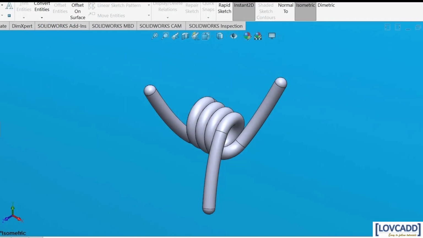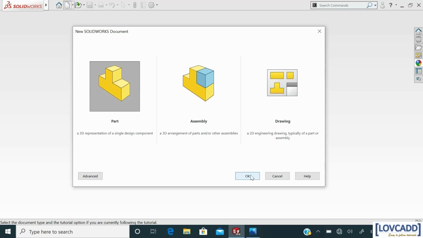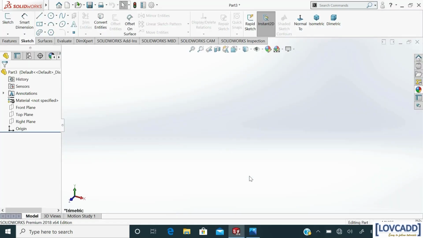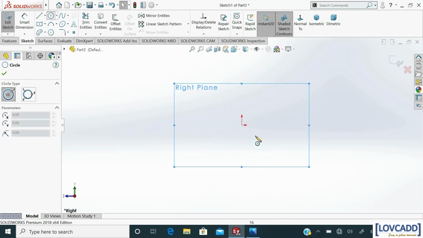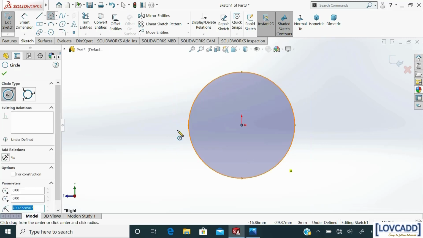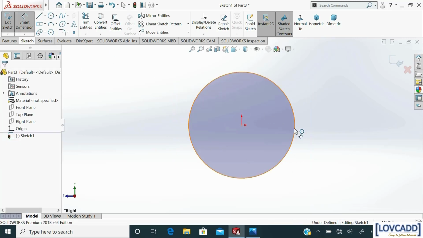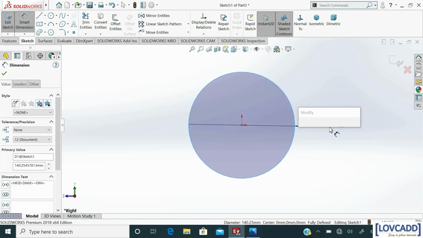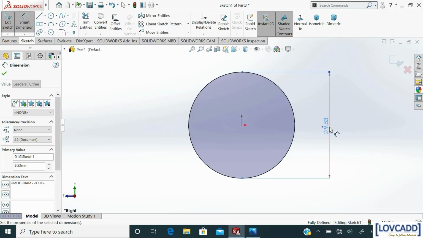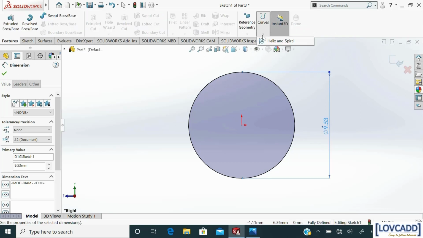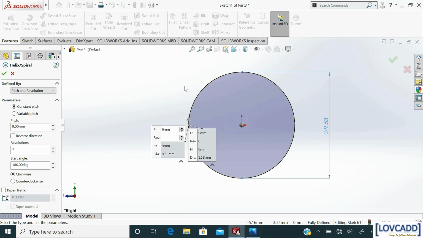Now the next part is the barb. For this, select a new part. Select right plane, go to sketch, select circle, create a circle of 9.53 mm. Go to features, select curve, select helix.